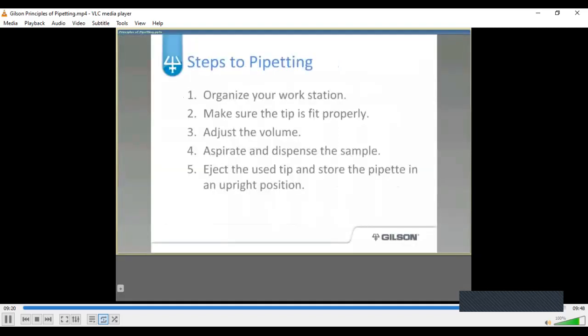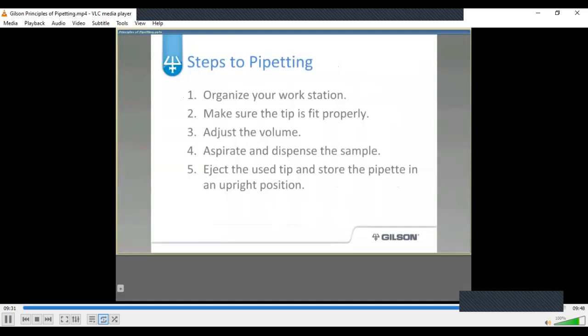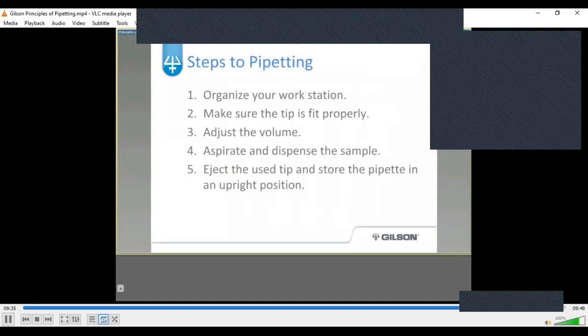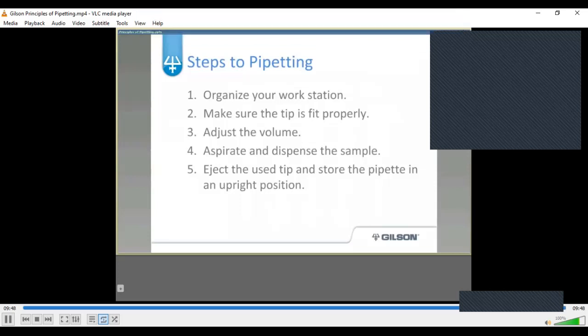There are 5 steps to pipetting. First, make sure you organize your workstation. Then, make sure to fit a tip properly onto the pipette. Next, adjust the volume. Then, aspirate and dispense the sample. And finally, eject the used tip and store the pipette in an upright position. Storing a pipette in the upright position, make sure to protect it from possible